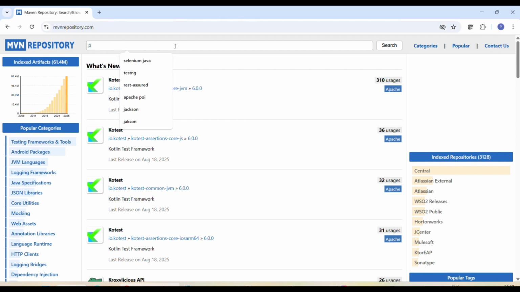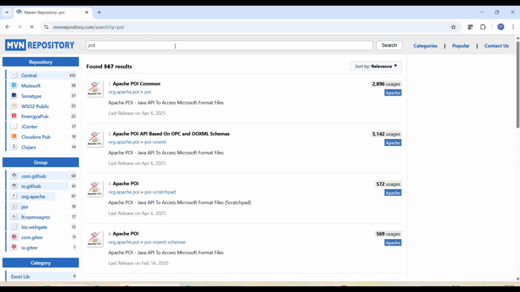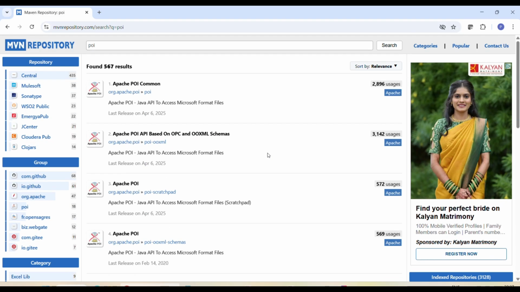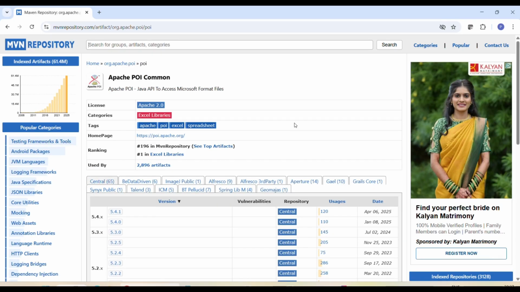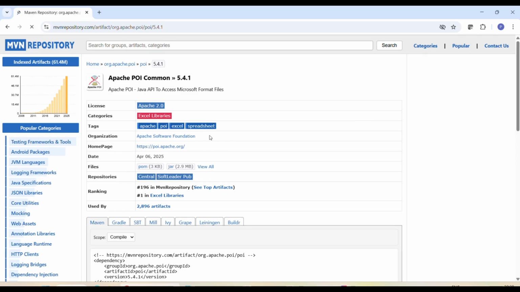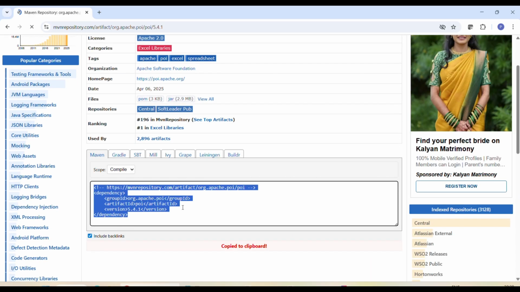The first one we require is POI. So search for the dependency name POI. It provides a lot of results. Among them, we need to select our package name, org.apache.poi. This is the dependency we need to select. The version should be the latest and have more usages. Currently 5.4.1 is the latest one and it has more usages. Yes, we can copy 5.4.1. So we can copy this particular dependency